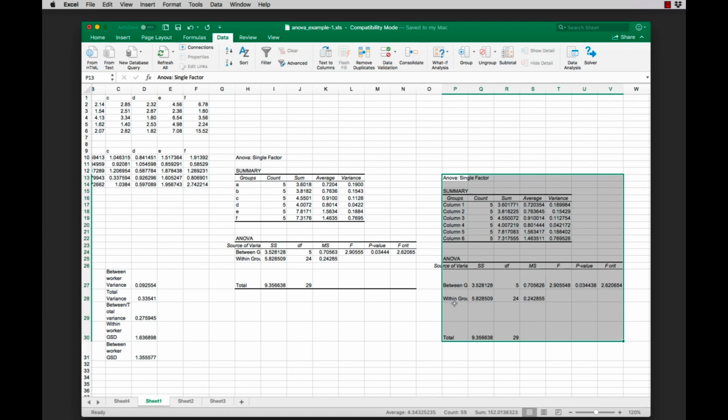In my previous results, I'm actually showing the name of the worker, a lowercase a, b, c, d, e, f. I also previously had rounded off the sums and the averages to 4 digits, whereas the new one is not doing any rounding off. But all the results are exactly the same otherwise. So this is the way in which the analysis of variance for a single factor is carried out using an